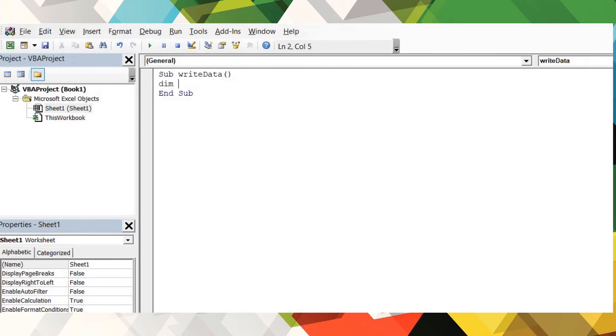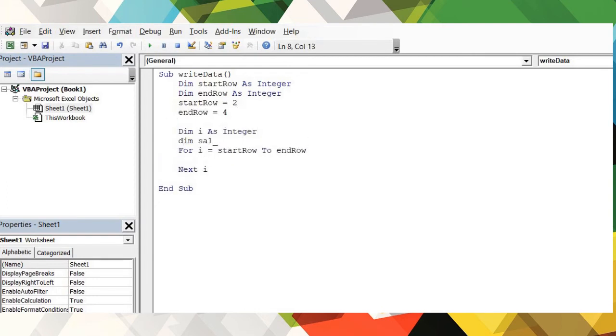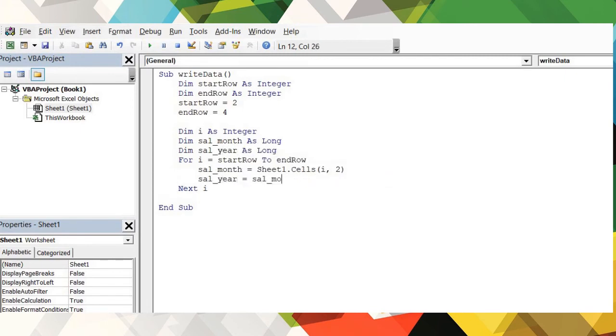Let us now write another program that reads the monthly salary and calculates the yearly salary and writes it in the Sheet 1 in column C. The program is completed. This program is similar to the previous one.